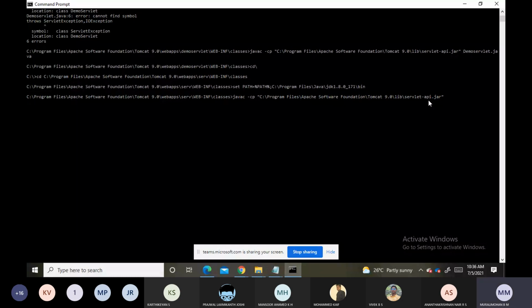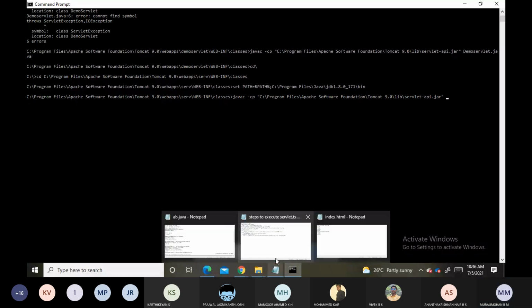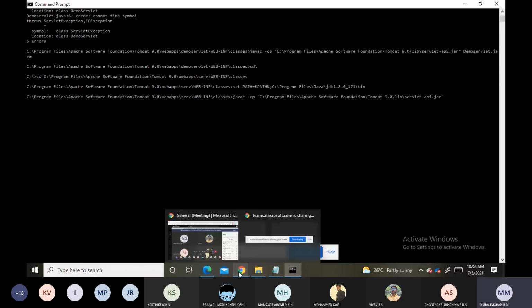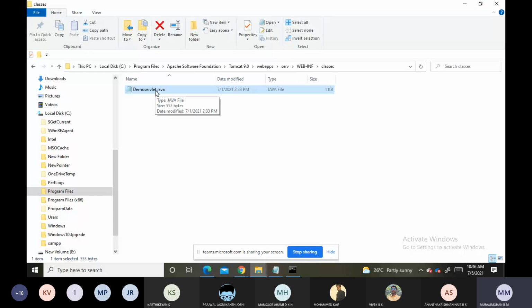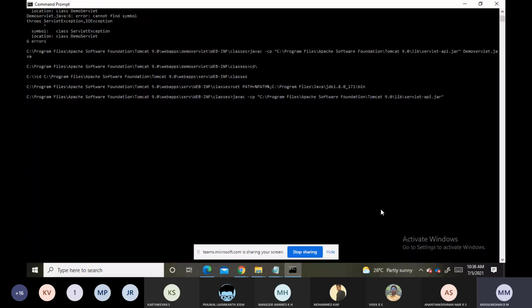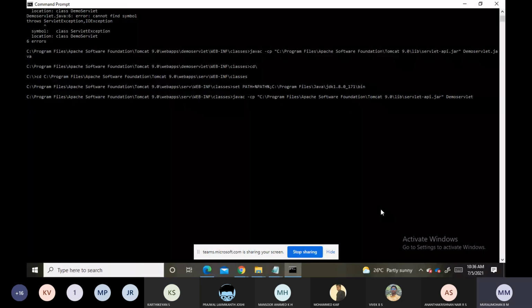Next we will give our program file. What is our program name? Demo servlet.java. Yes or no? Our servlet name is demoservlet.java. So we give this file and execute now.